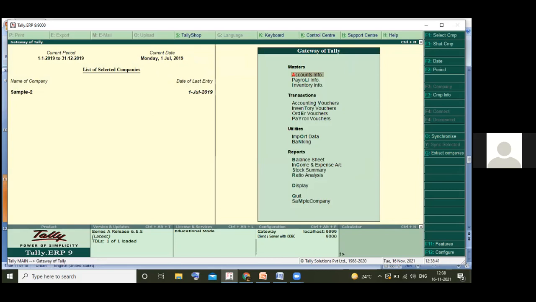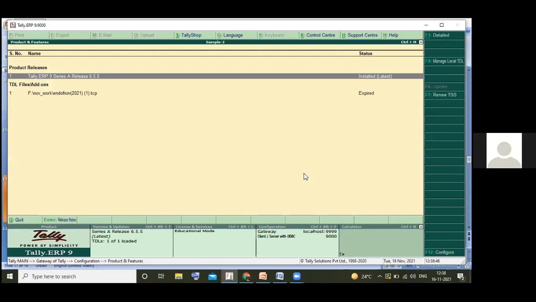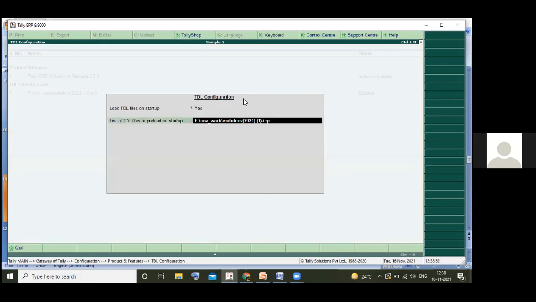Go to configure, select product and features. Manage local TDL. Choose the path of your Tally file. I am also selecting here the path of that file.